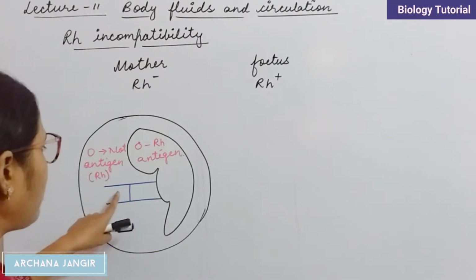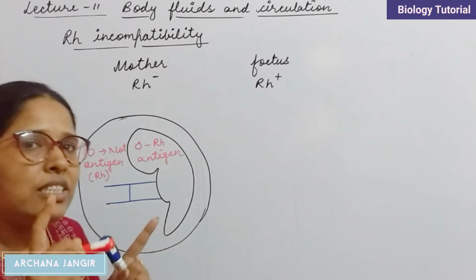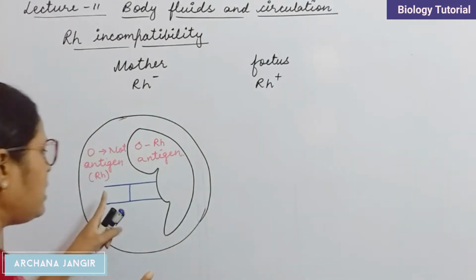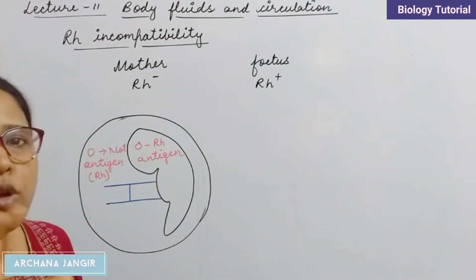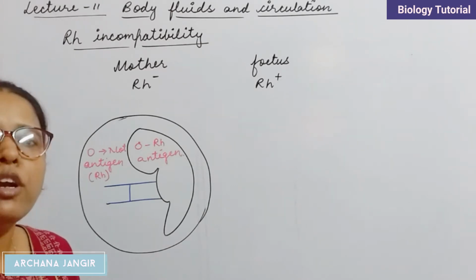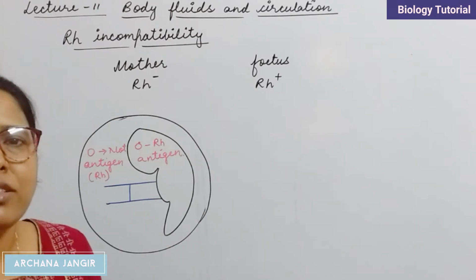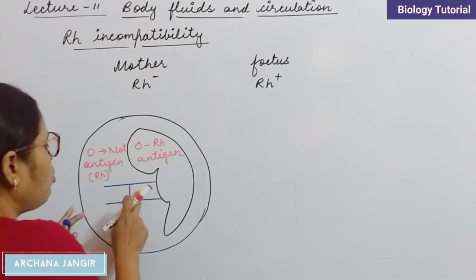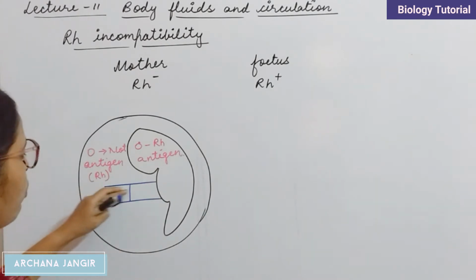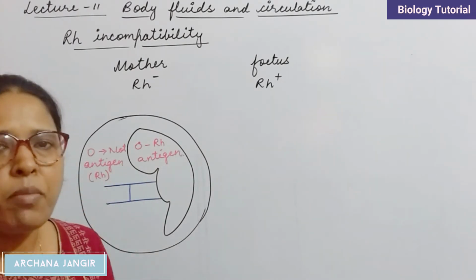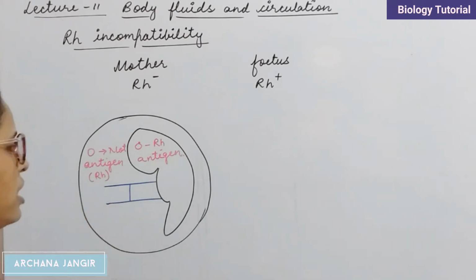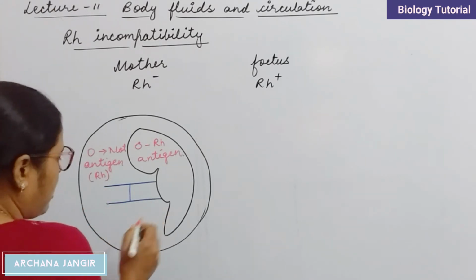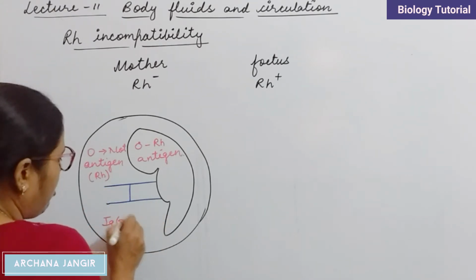The antibodies cannot cross the placenta, because only the IgG antibodies can cross the placenta, and these antibodies are present in the O blood group of mother. If the mother is with O blood group, then only the IgG antibodies are there and these antibodies can cross the placenta. So here there is no mixing of blood, only the nutrients are going from the mother's body to the fetal body by the process of diffusion. So there is no mixing of blood. So here antibodies are not crossing because only the IgG antibodies can cross the placenta.